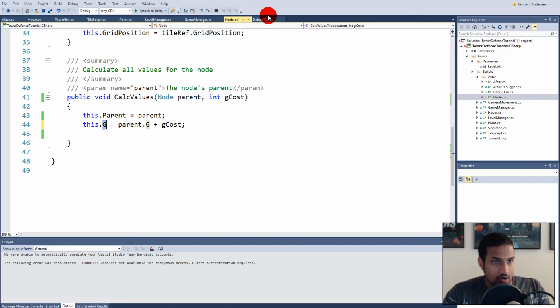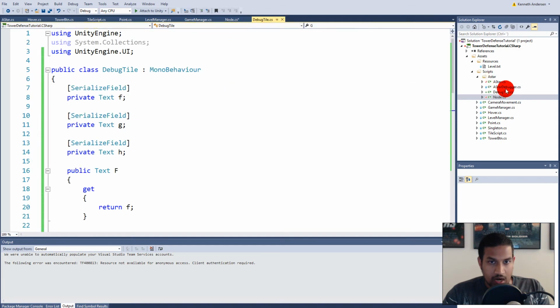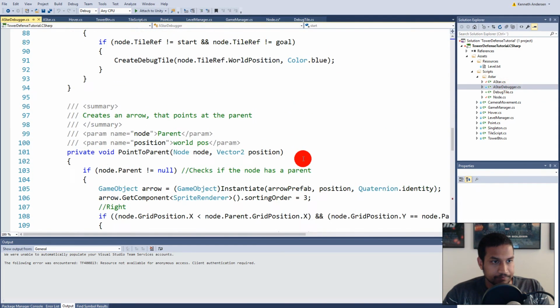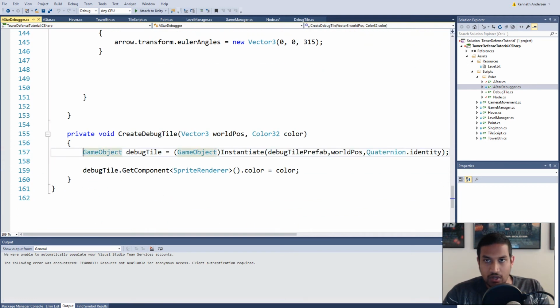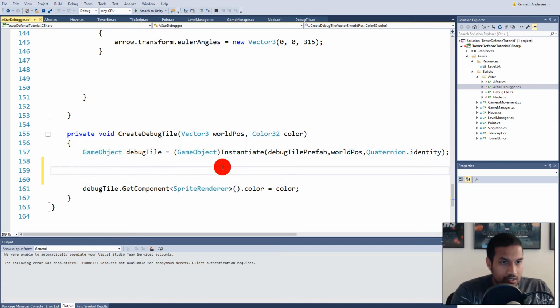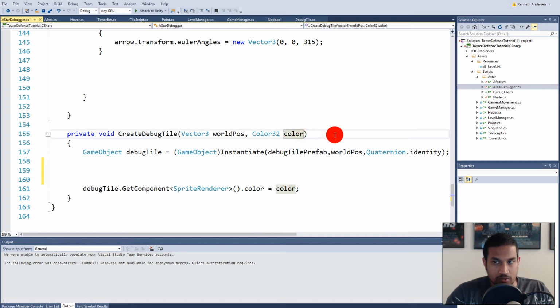Let's show this on the tiles actually. So let's go to our A-star debugger. And in here, somewhere we will need to make sure that we can actually see those scores on the tiles. So let's see, we have a debug tile here, and let's say we need a node because we need to calculate. We need to know which node we need to take the G score from. So we can say node